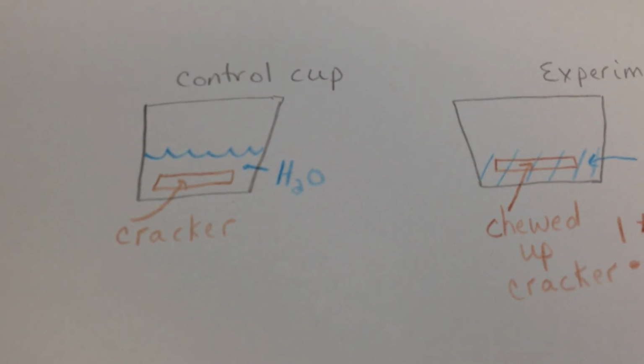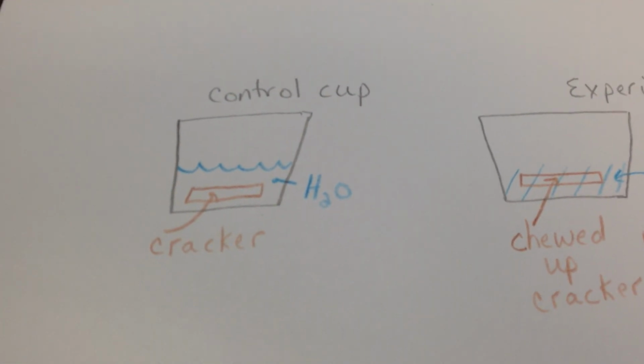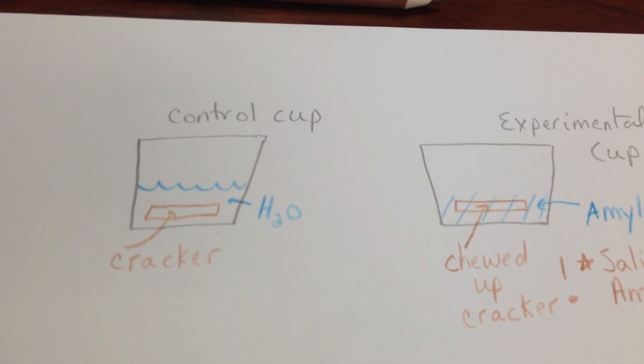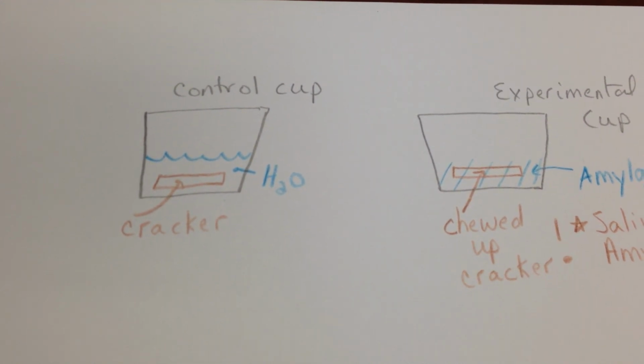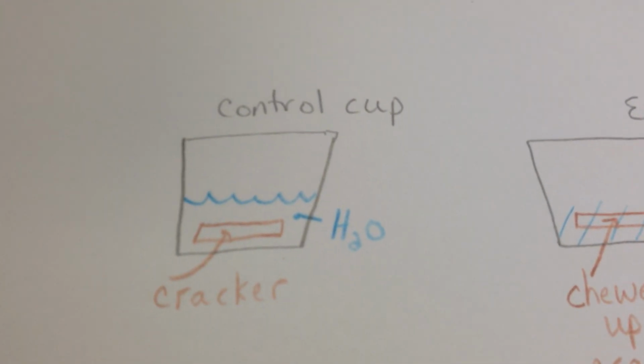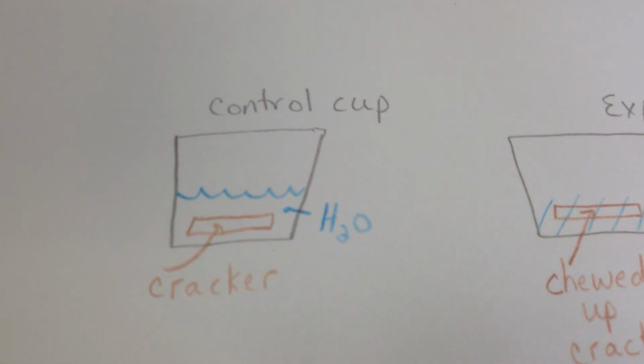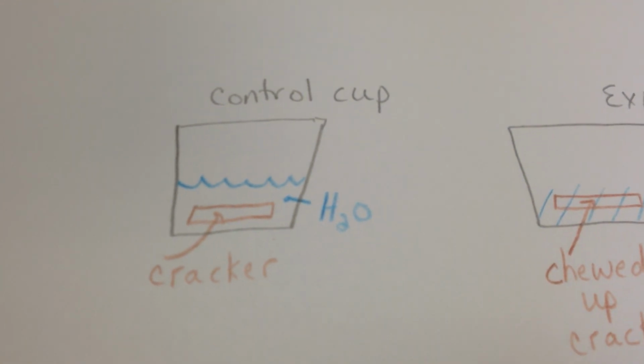So I'd like to talk about the experiment that we did using cracker. This was the effect of time on enzyme activity, and the enzyme that we're using is amylase. So you had a control cup, like you see I've illustrated here, that just had cracker with water, and then